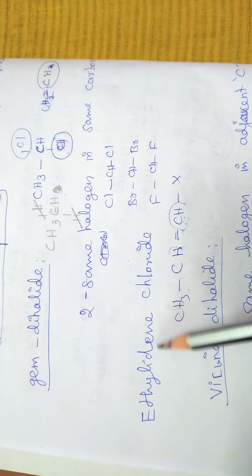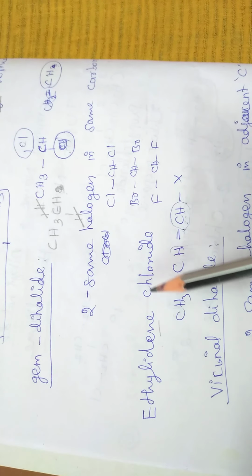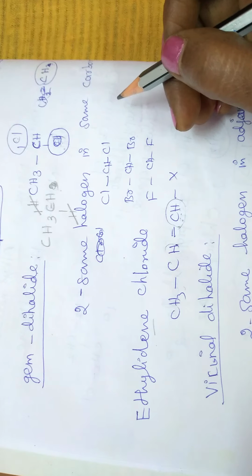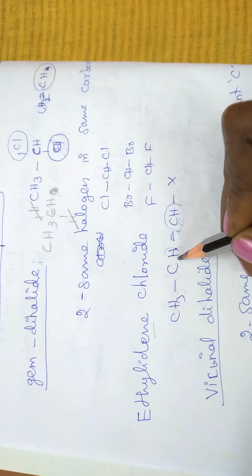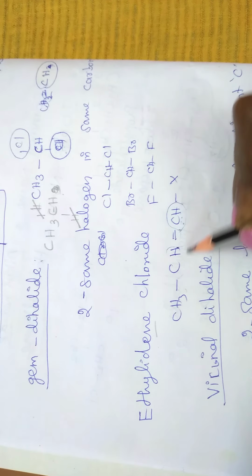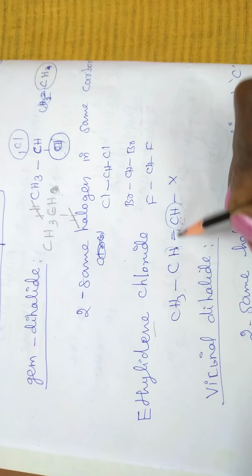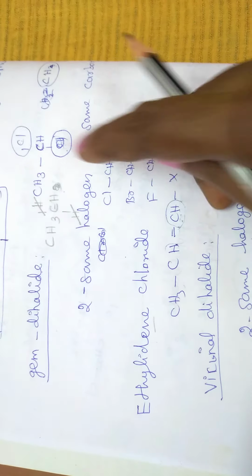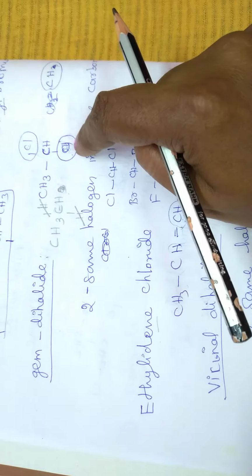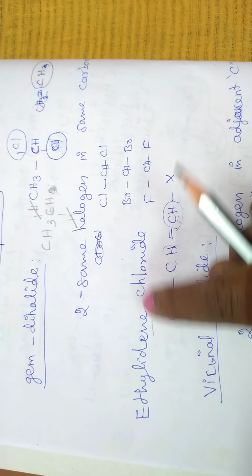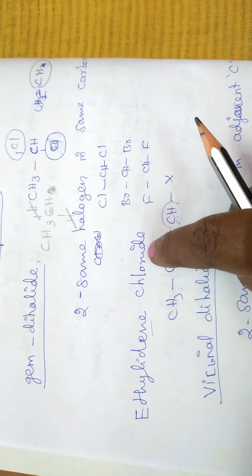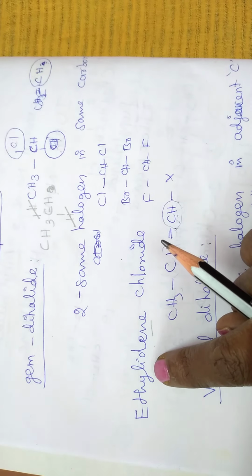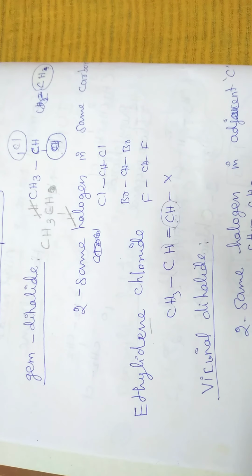Why are we saying ethylidene chloride? "Ene" should come with "yl". Whenever I write the double bond, CH double bond CH, "ene" only we say. Okay, "ene" means double bond. So this is the unit we have here, CHCl2. So we are saying ethylidene chloride. When "yl" comes, that means it is a common name, ethylidene chloride.